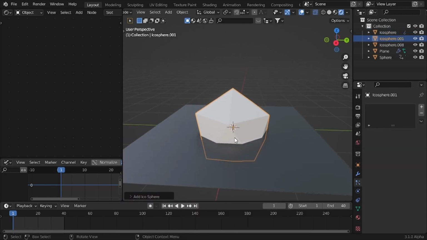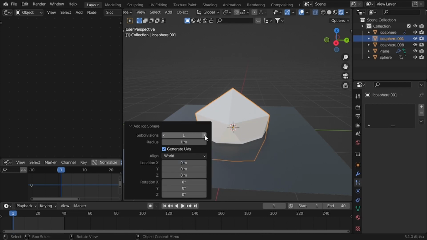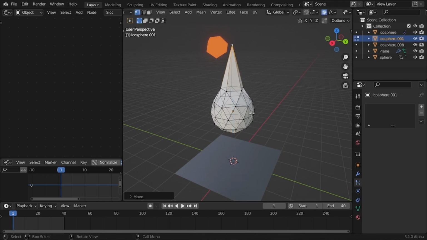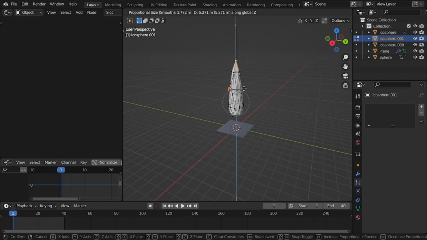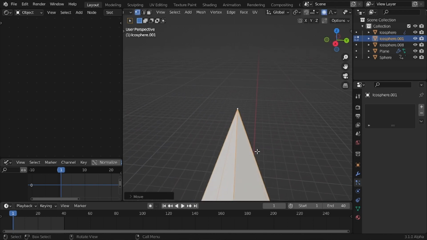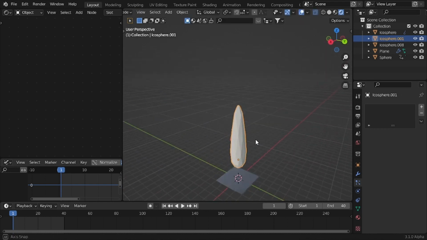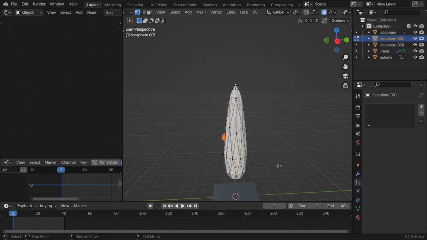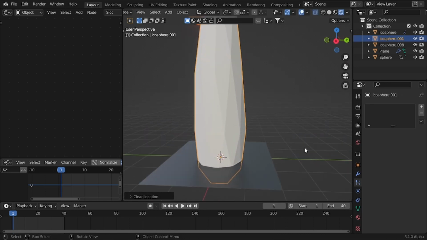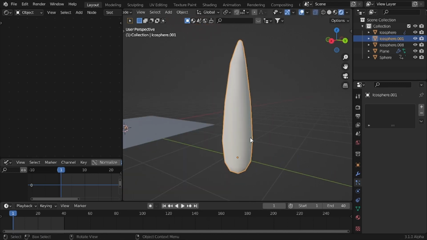So there will be another icosphere with two subdivisions. There we go. And we'll edit it so it has the proper shape. There we go, something like this. Looks pretty good. And I'll also bevel this a little bit. There we go. This looks good enough. Maybe a bit, I don't know, play around with it. There we go. I reset the location, move it a little bit like this,